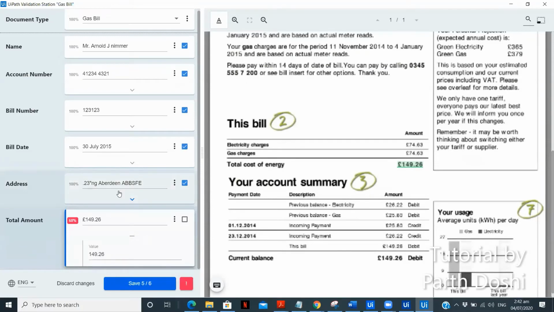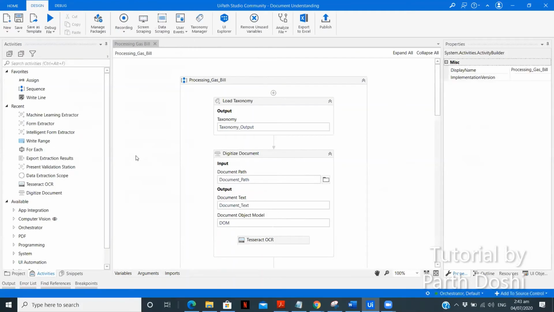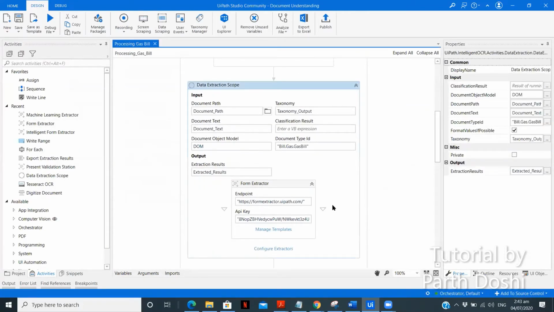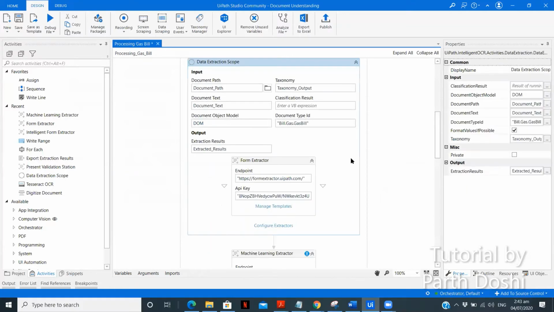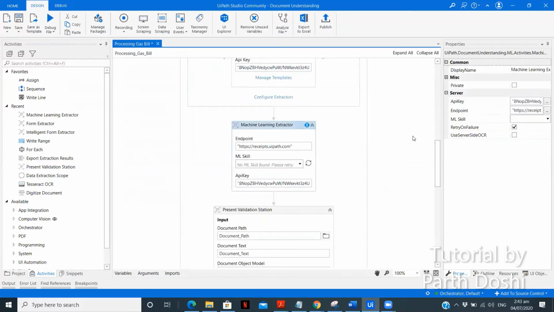So what I will do after saving this and completing this particular run, we'll add the machine learning extractor and see whether we are getting the address details or not. So continue and save, and it is finished. Now let me, okay, okay. So I have it over here.